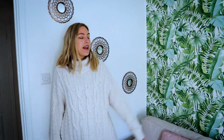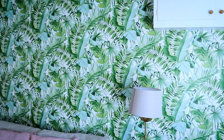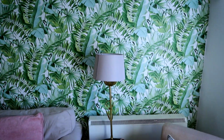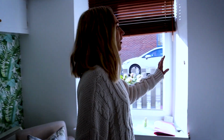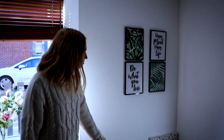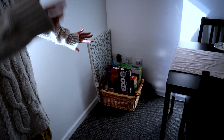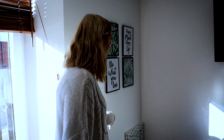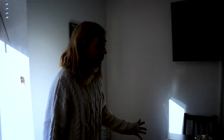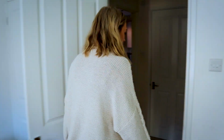So as you can see, I've made a feature wall on the back wall just to add a bit of interest and get people clicking on my listing on AirBnB.com. And yeah, we've carried the theme throughout, so we've got some artwork up here, and also down here I've just provided a small basket of board games and things to encourage families to come, as well as a change from that here. And obviously we've got the dining table, and then if we go on through upstairs, oh, not forgetting